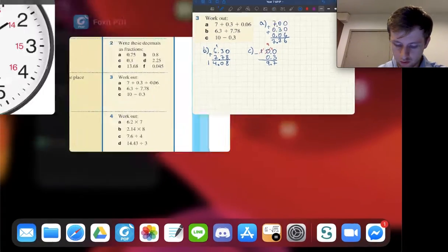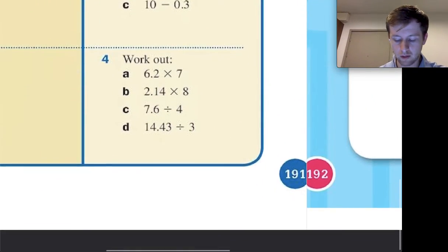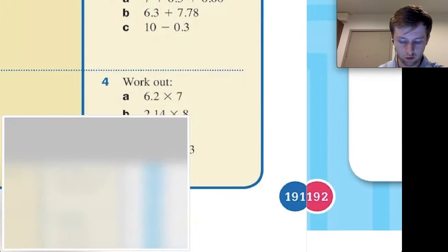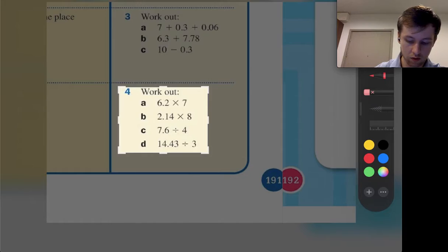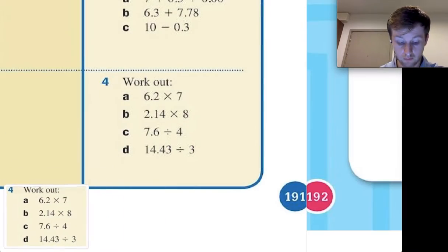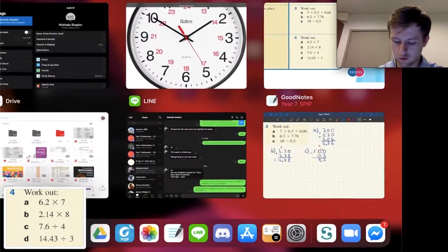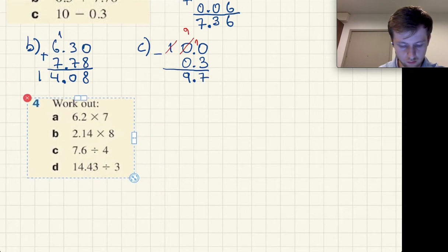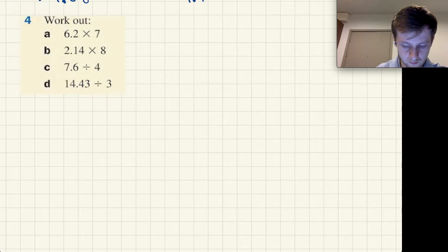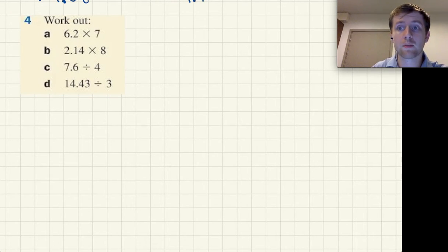All right. And then we have a multiplication. I also have some trick to show you about multiplication. And then we have a division, which is quite interesting. Division of decimals. So first the multiplication,